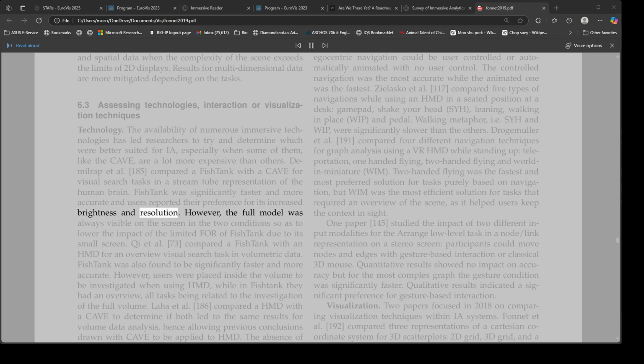However, the full model was always visible on the screen in the 2 conditions so as to lower the impact of the limited FOR of a fish tank due to its small screen. Chi et al. 73 compared a fish tank with an HMD for an overview visual search task in volumetric data. Fish tank was also found to be significantly faster and more accurate. However, users were placed inside the volume to be investigated when using HMD, while in fish tank they had an overview, all tasks being related to the investigation